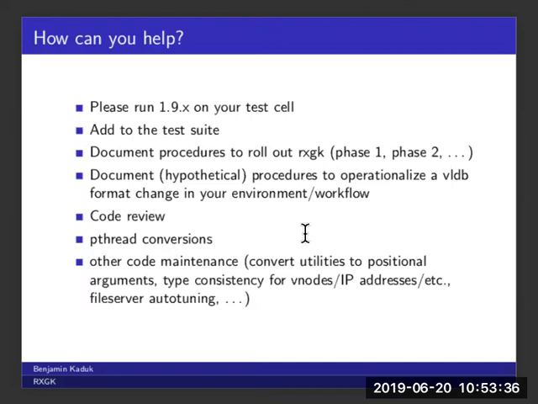Similarly, we know we're going to have to change the database format for VLDB, and that's even a little more complicated than just turning on a new feature. So we might think about, if we know we're going to have this new format, is it going to be in the same file, is it going to be in a different file? How are we going to actually do the conversion of the format? Are we just going to say there's a flag bit, I'm using a new format now, so there might be some new stuff in there? If it's a completely new structure, there's no overlap at all,